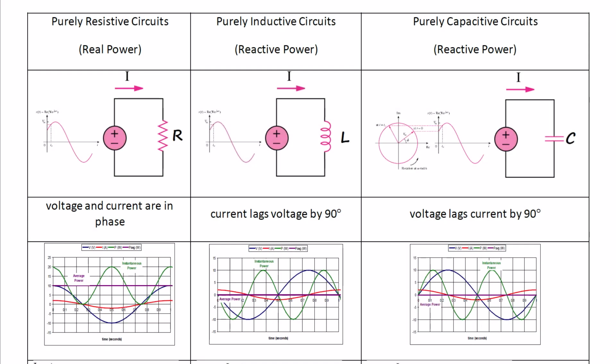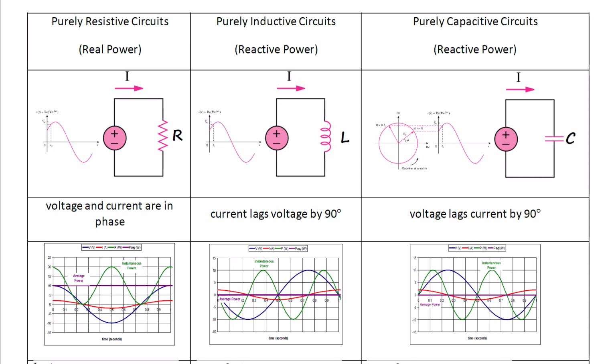So here we have a purely resistive, purely inductive, and purely capacitive circuit. Notice that the purely resistive circuit is real power, the purely inductive circuit is reactive power, and the purely capacitive circuit is reactive power. And all of them have a sinusoidal input. So now, if you plot the voltage, the current, the average power, and p(t), you'll see for a